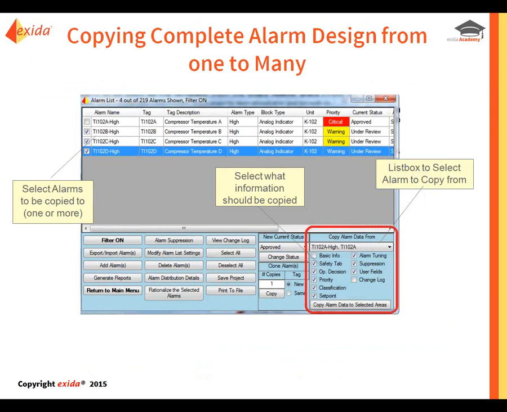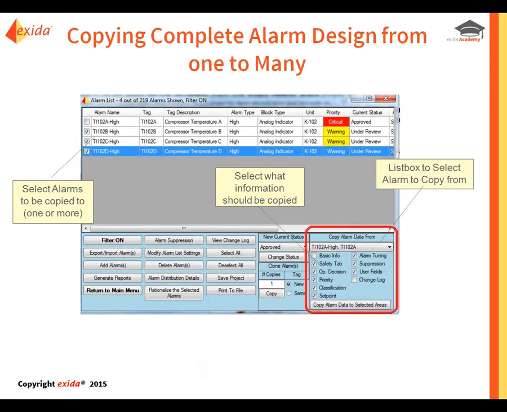So again, the powerful filtering capability gives you the ability to pinpoint and isolate changes. If you've got a bunch of alarms that are all very similar to each other, being able to filter within your master alarm database would allow you to set up one alarm for which you've completed rationalization, and effectively copy the rationalization results, the alarm settings, the limit, the priority, the cause, the consequence,